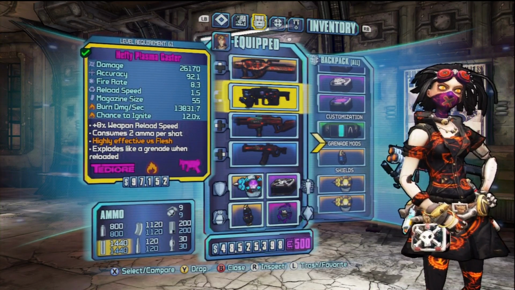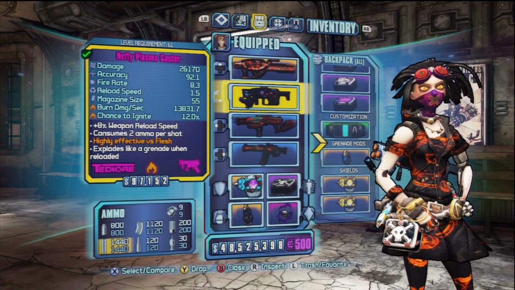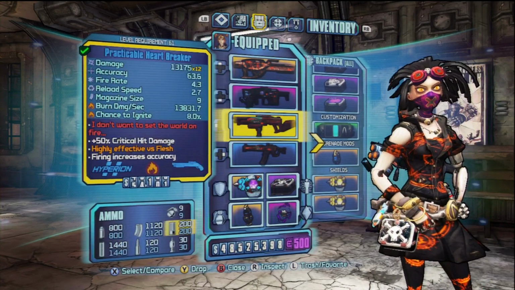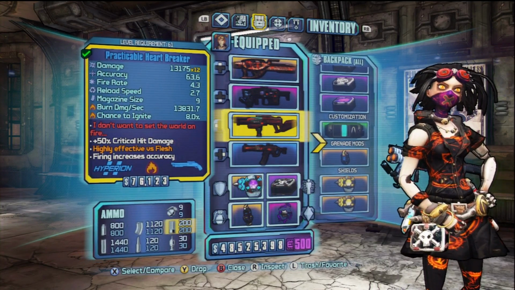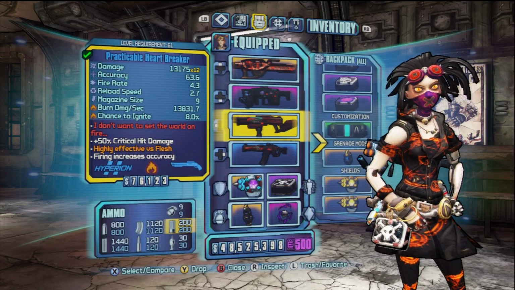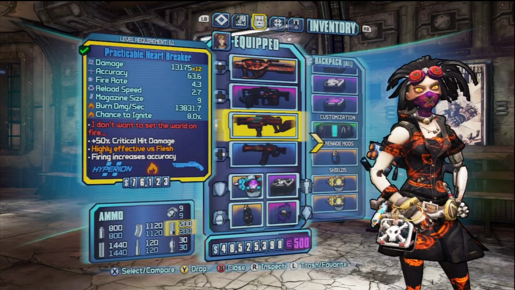It's all personal preference. This is just what I run when I'm going up against flesh targets. But now for the shotguns, I really love to go with the Moxxi weapons with this build, because if you don't know, the Moxxi weapons will restore health directly proportional to a certain percentage of the damage